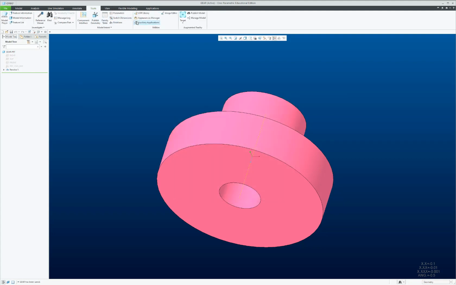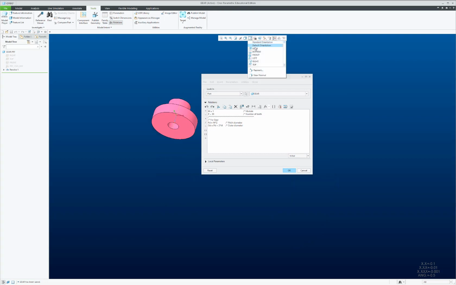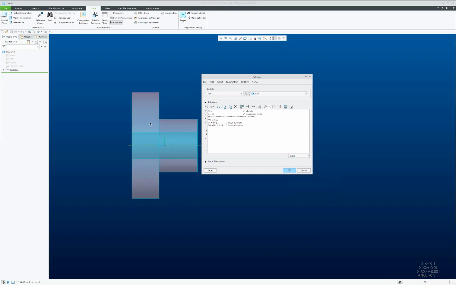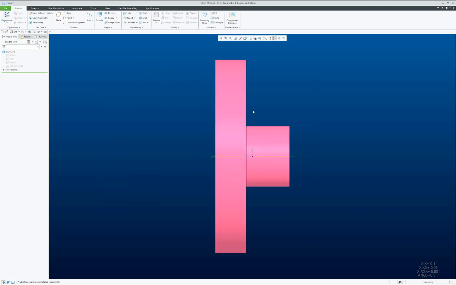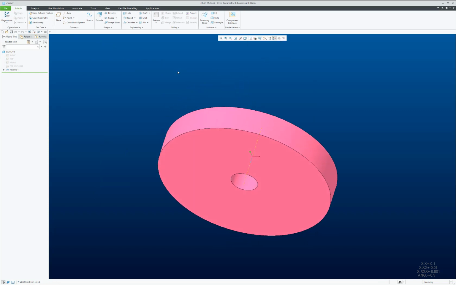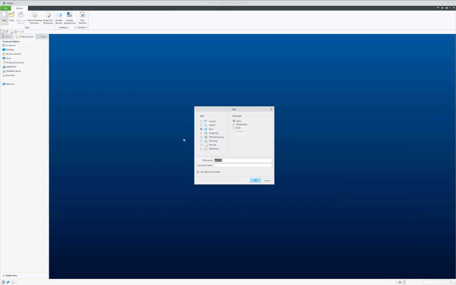Looking at the relations, we will make it so that, let's say, view from the right. The outer diameter of the gear, which is this, equals our OD. Okay. Model, regenerate, and save. The axis at the center will be used for the pin joint in the assembly. Save and close. Create a new assembly, that is the rack,